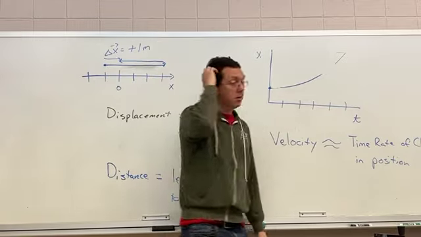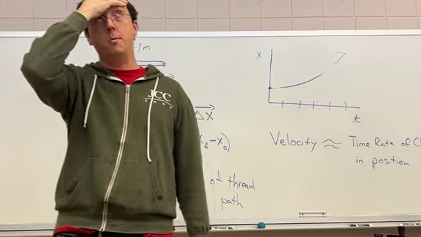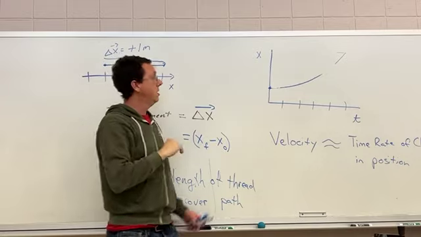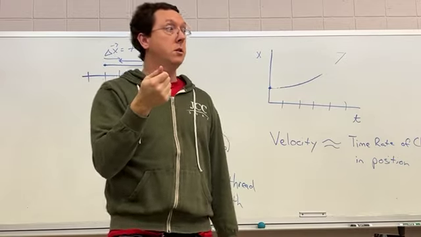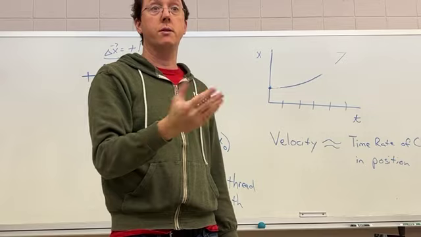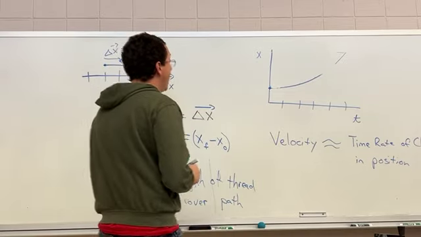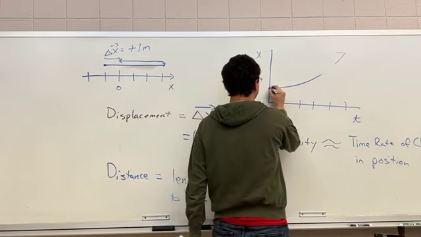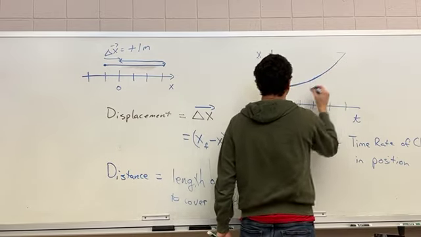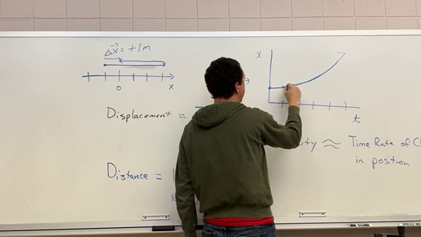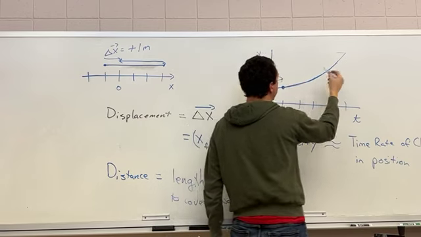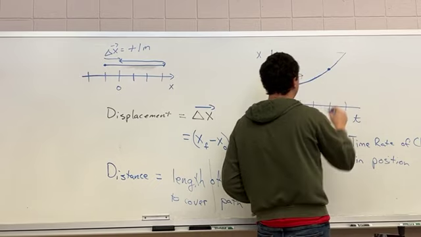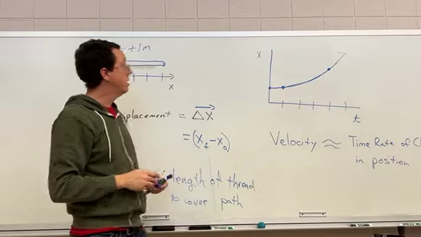In particular, we talked on the first day and even the second day about two kinds of rates of change. We had an average rate of change, and an instantaneous rate of change. The average rate of change is the slope of the secant line. If I wanted to know the average rate of change from 1 second to 3 seconds, the average rate of change